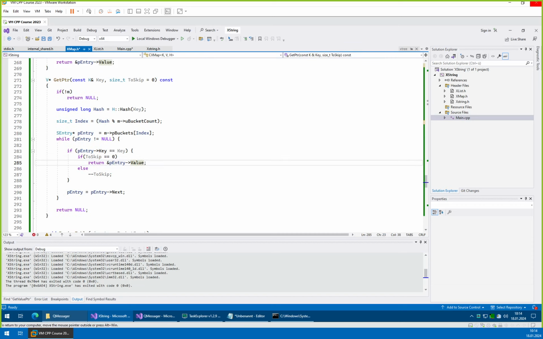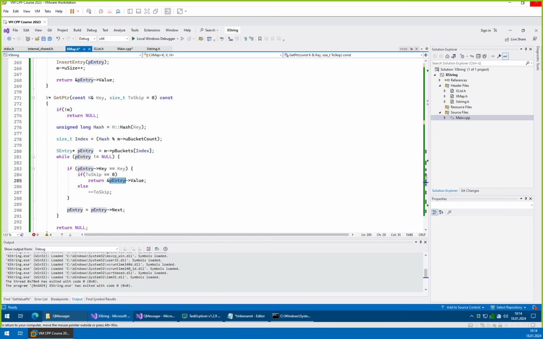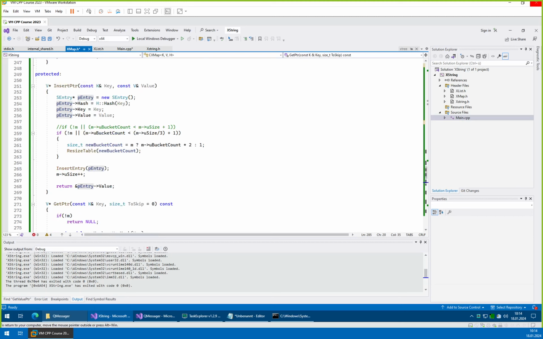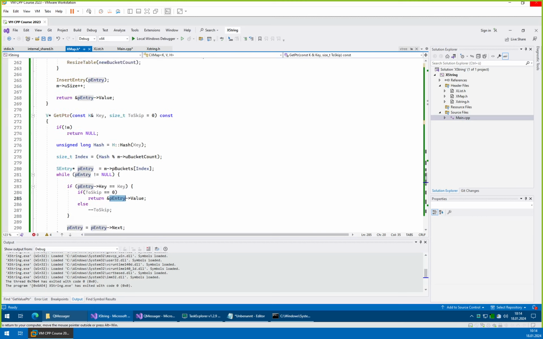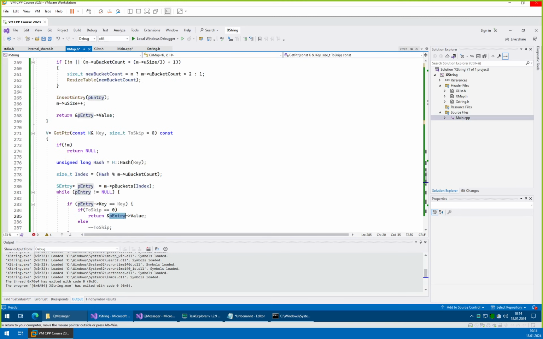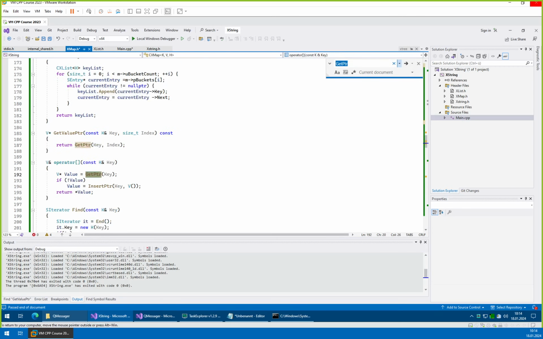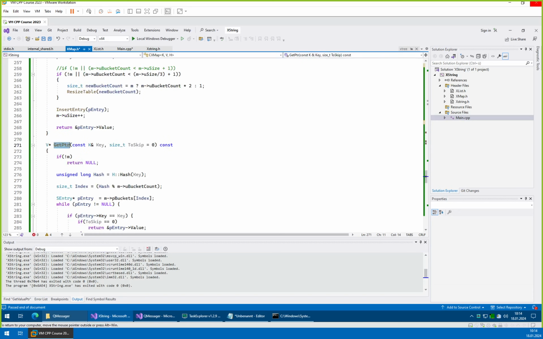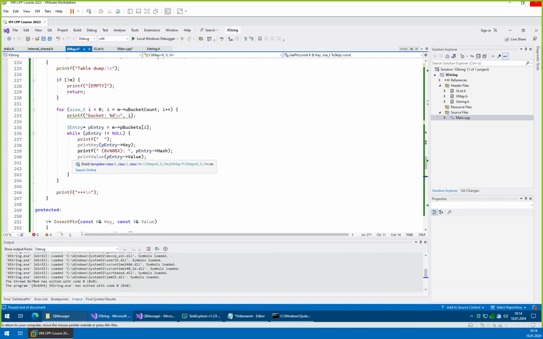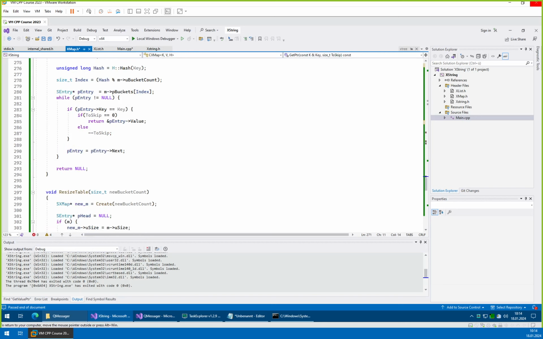So this is not quite what we would ideally want to have, the entry as such. Insert ptr, getPTR. We can just modify this function. It will need a small update, or actually, that's probably even better,